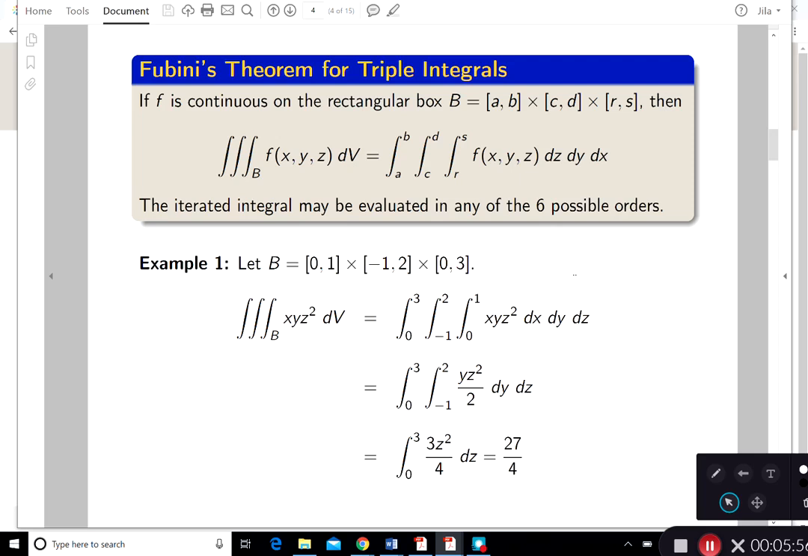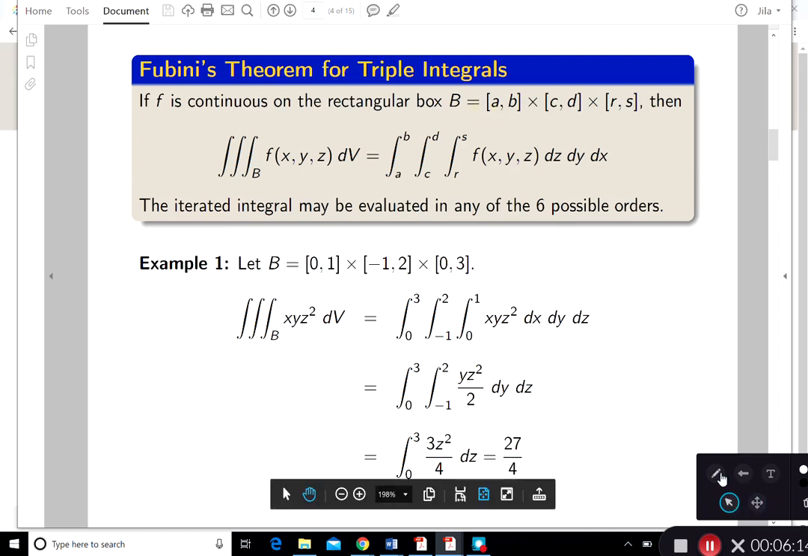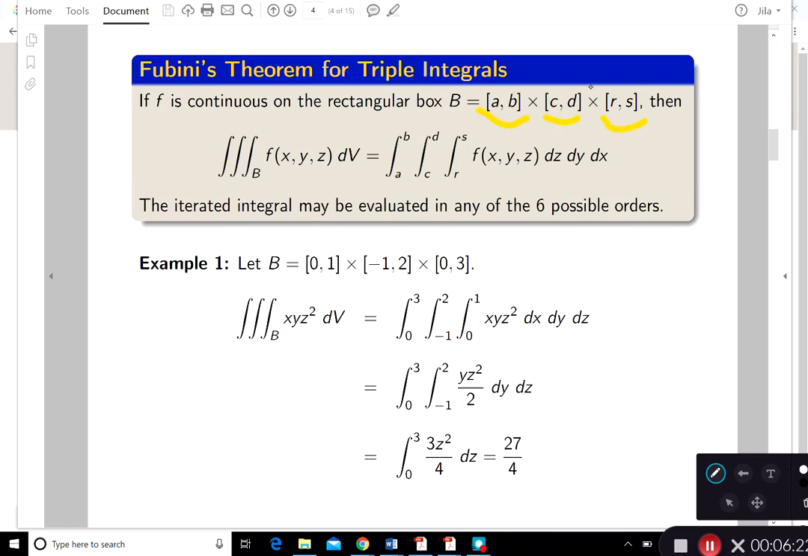So far we talked about approximately what the triple integral is. Now we're pulling out Fubini's theorem again for triple integrals. This time it says if f is continuous on the rectangular box B equal to the closed interval [a, b] times the closed interval [c, d] and the closed interval [r, s], that is, this one is for x, this one is for y, this one is for z,